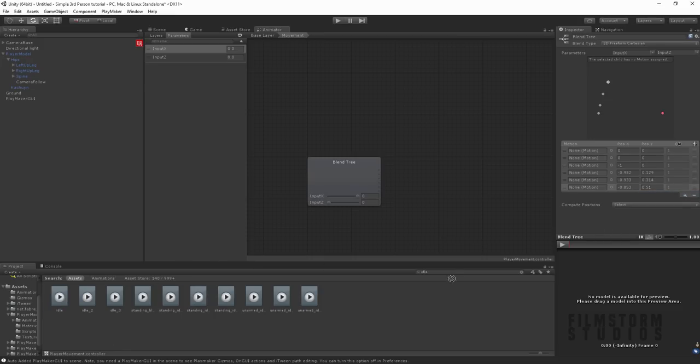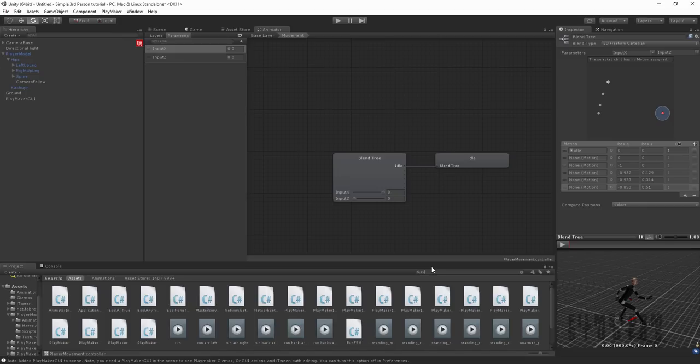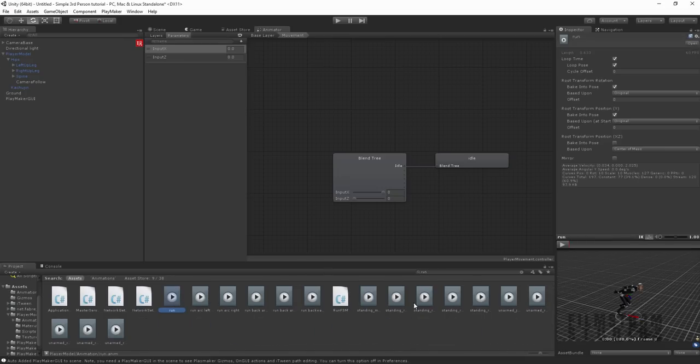Alrighty, now let's drag our idle in. This takes a bit of brain work because this idle animation is set at position 0, 0. If you imagine you're not pushing anything on your controller or keyboard, your character's stick is basically sitting at 0, 0. So now we want to have a run. Let's look up run. So we've got a run forward.